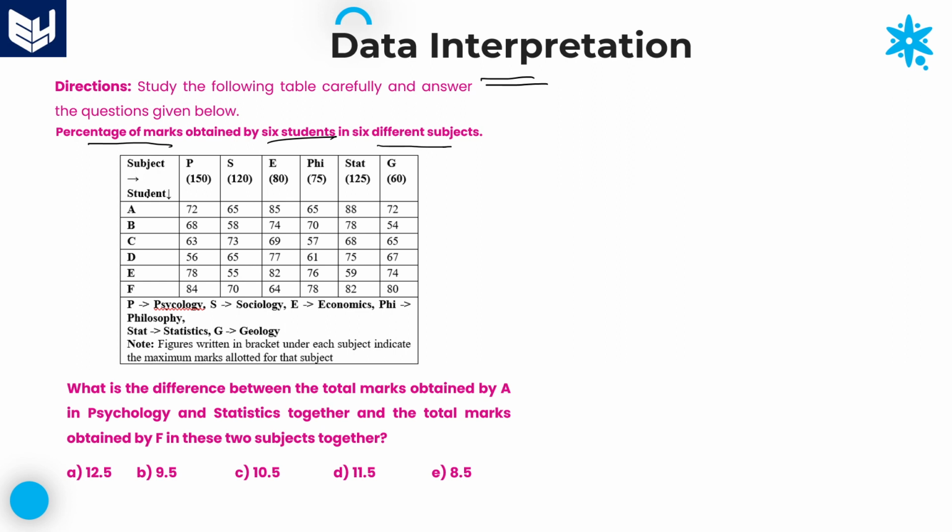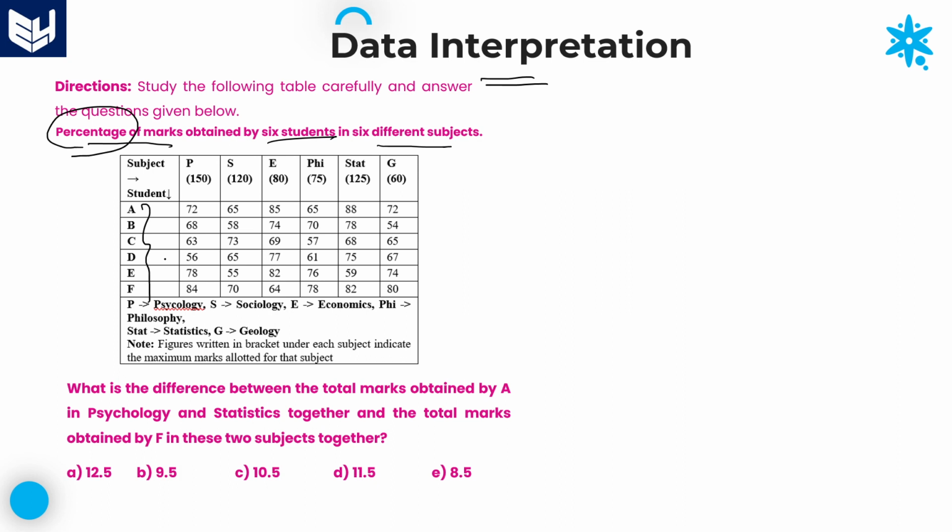Here the information is given about a percentage of marks. These are not exact marks. These are percentage of marks. Each and every value which is given in this question, all these values are percentage of marks obtained by 6